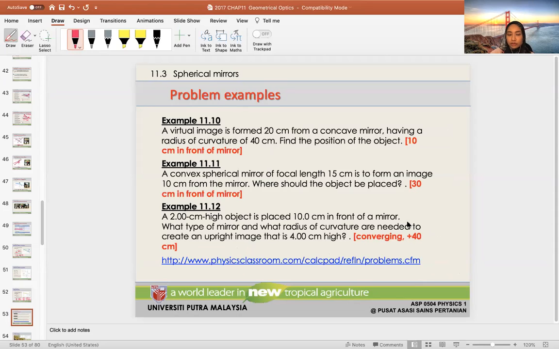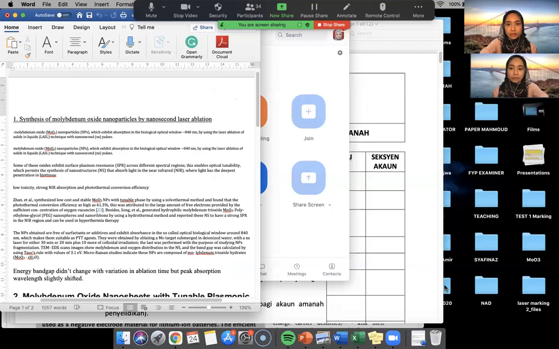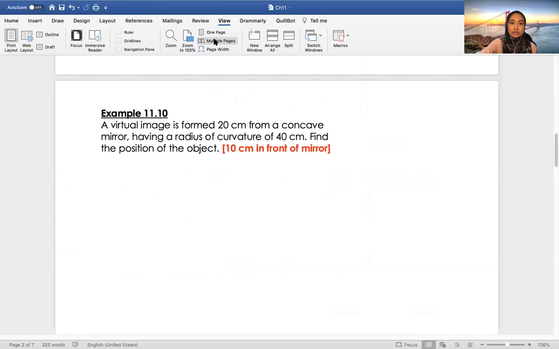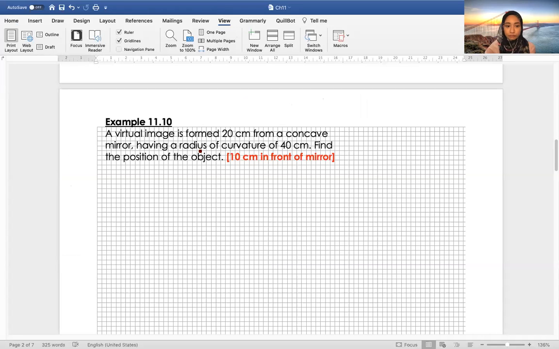Okay, so a virtual image is formed. Let me share. Stop sharing. Share screen. Where's my... Okay, where is it? Okay, it's here. Ruler, grid line. Okay. A virtual image is formed 20 cm from a concave